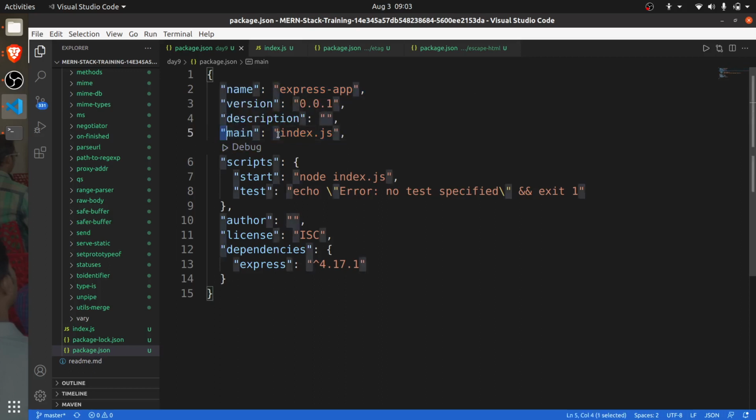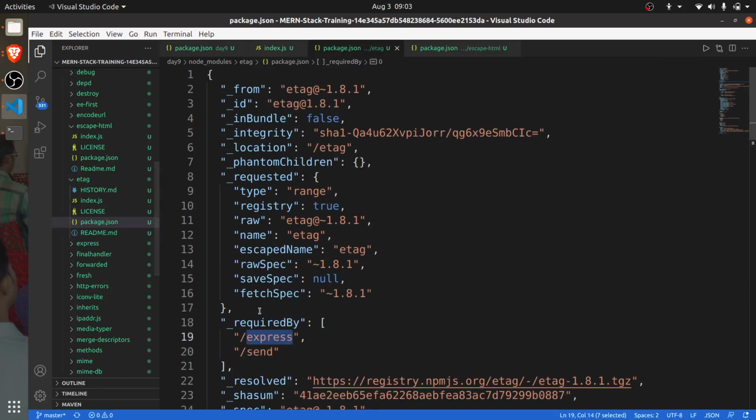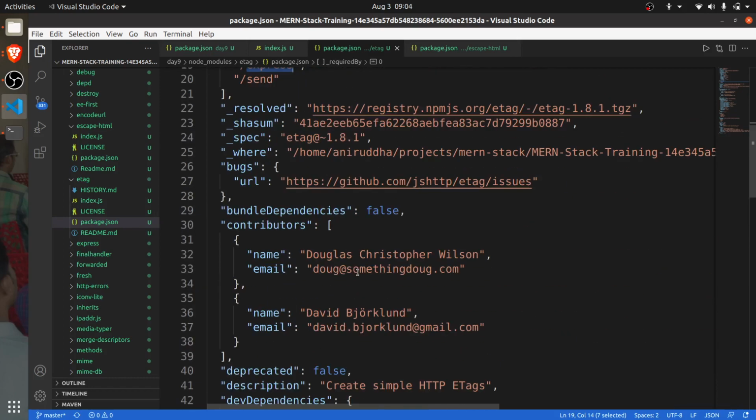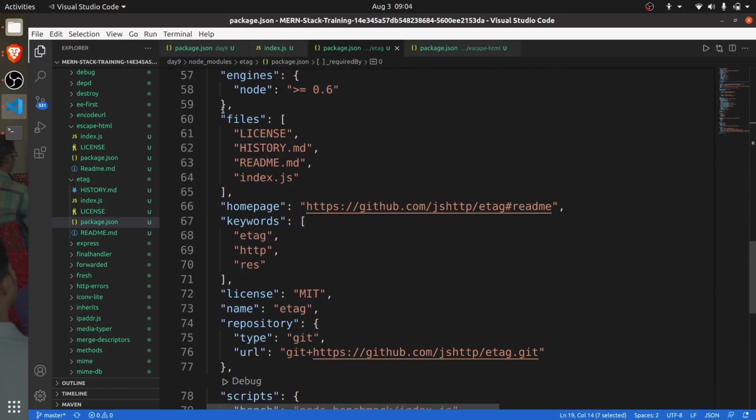It is not the main file from which your program will run. Your program will run from any file like this. Second thing, why does Express.js not have a main file? Because Express.js has written the files tag.